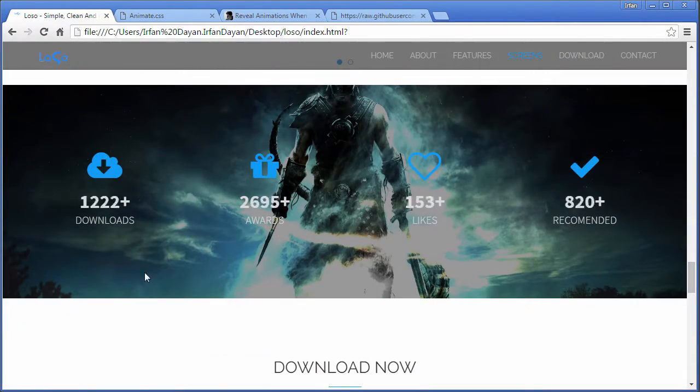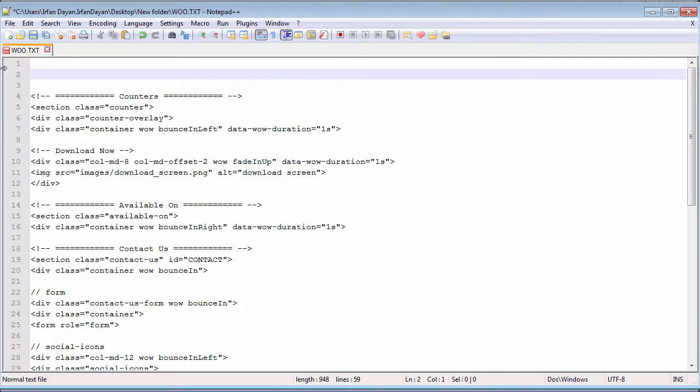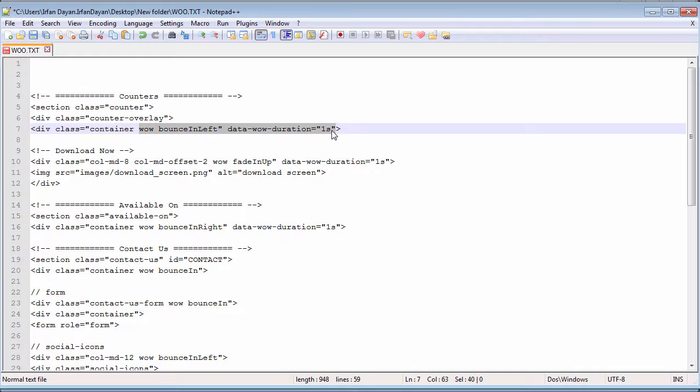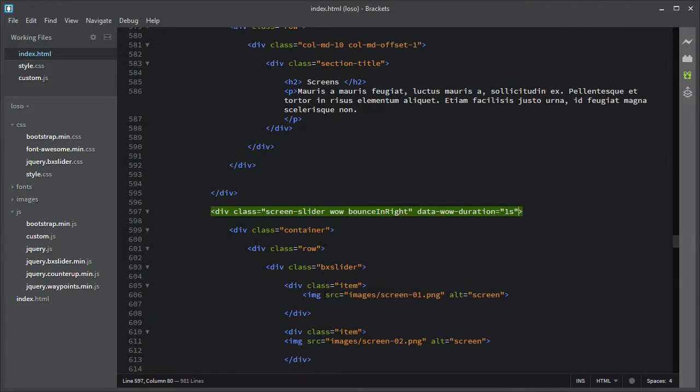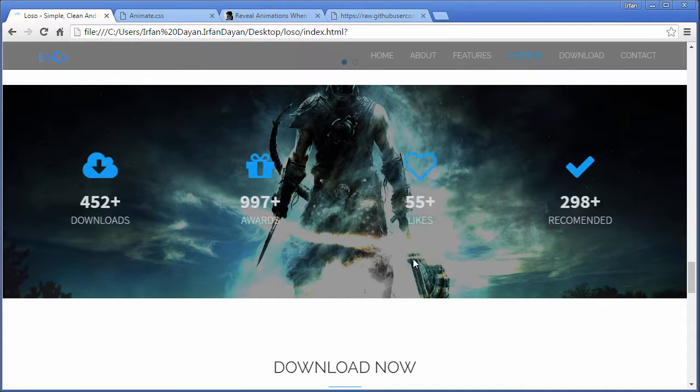Okay, let us add some animation to the counters. I will delete this, you don't need it. Okay, it needs to be bounced in left, and it will be applied to the container of the row, container of the counter. So this is a counter section and this is the container, and let us see the result. You see,